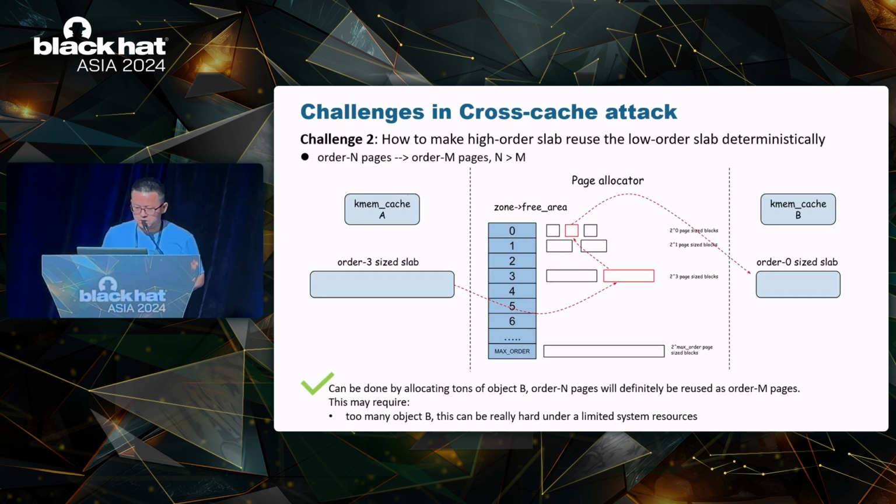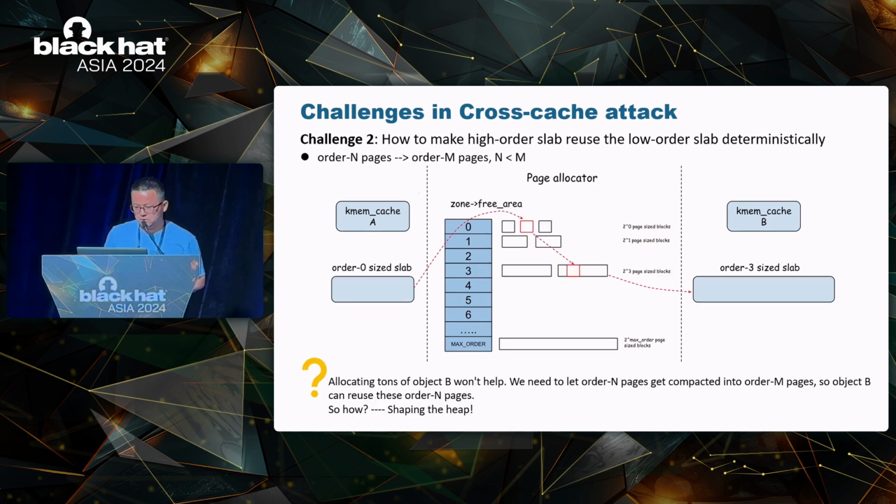The second challenge is how to make high-order slab reuse the low-order slab deterministically. Usually, if we are going to cross-cache from a bigger slab to a smaller slab, we only need to discard the bigger slab and try to heap spray many smaller slabs to reuse the released bigger slab. In theory, the reusing would succeed if we heap spray enough smaller slabs. But